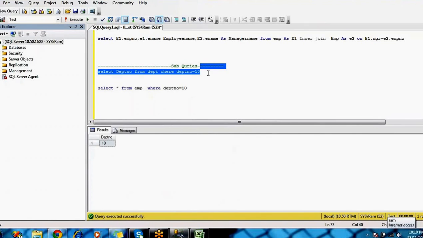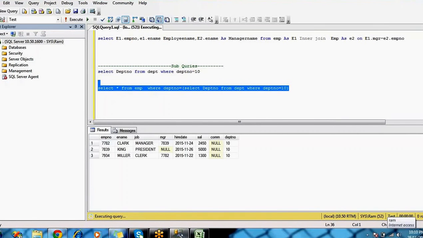If you execute this query, the value 10 is coming, right? So the same value you are putting here. Instead of this static 10 value, I am going to put this query. You just have to open a bracket and close the bracket and put it. So the same result is coming, right?